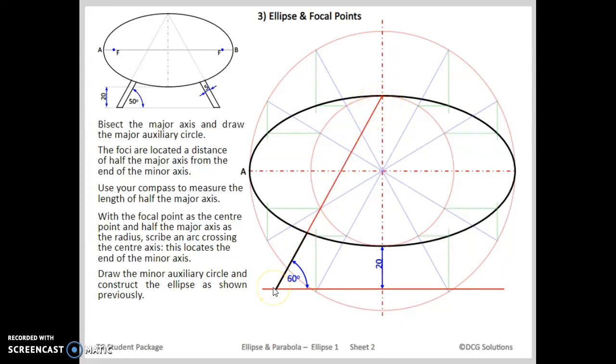As far as the 20 mil line, measure in 5 mil. The exact same down here. Measure in 5 mil. This person has done it, measuring 5 mil by going at 90 degrees to this line here, which is flipping your set square down so it gets a 30 degree angle, and then measure down 5 mil. Repeating this side. Heavy line there,